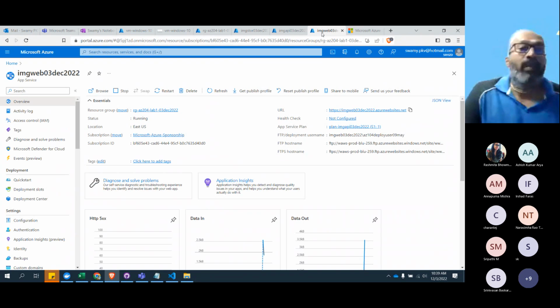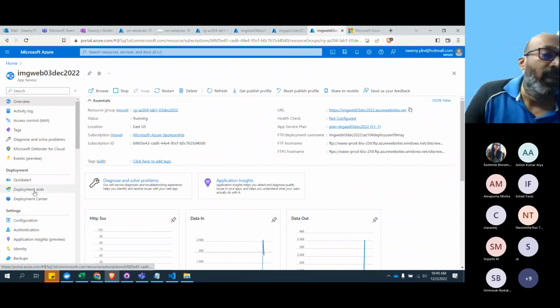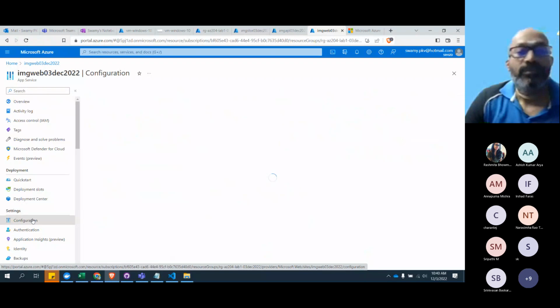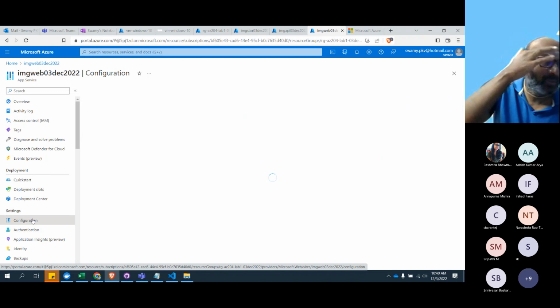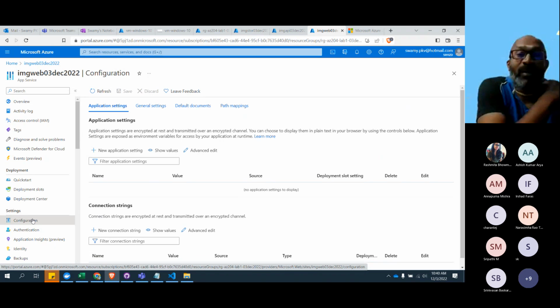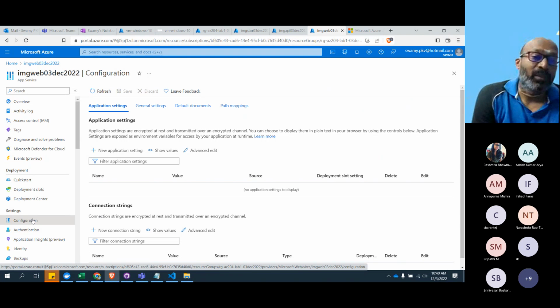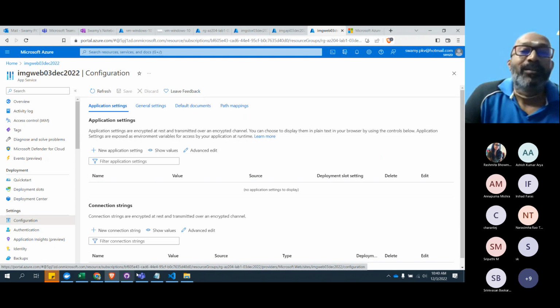So for that, you need to come to that web app and go to the configuration. If you go to this configuration, in 2003 and 4, all the way till 2010, we used to work heavily on IaaS, setting up small virtual machines on private data centers and configuring the application.